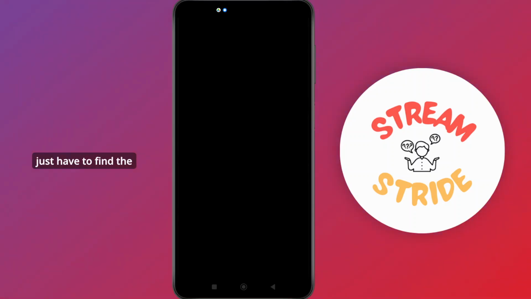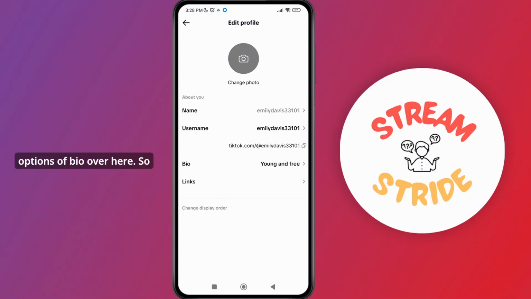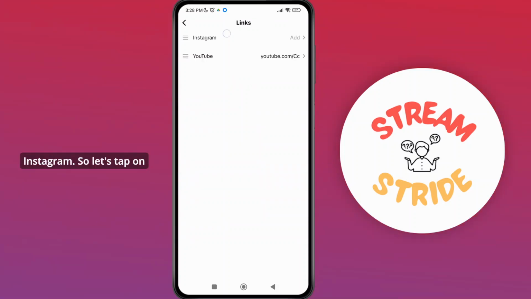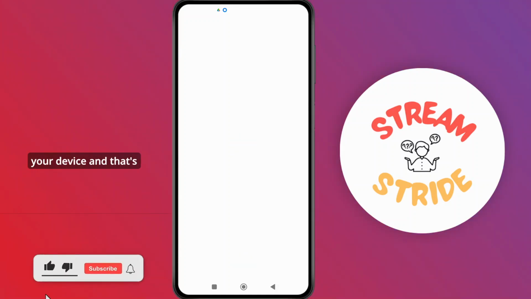just have to find the options of bio over here. So you can see the links over here. So tap on the links option, and as I tap on the links option over here, you have an option of Instagram. So let's tap on Instagram and let's paste the link that we had copied earlier from our Instagram application. So make sure you have stable Wi-Fi connection on your device, and